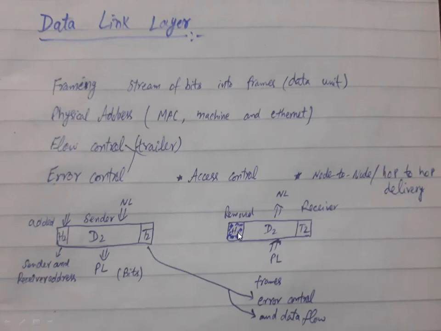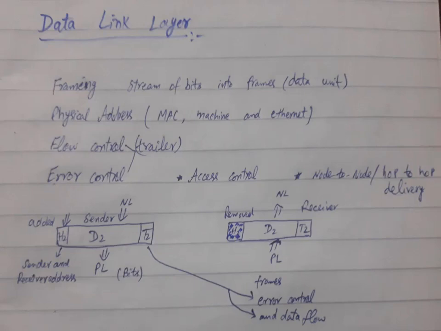And here you can see the header is removed. This shaded area indicates that the header is removed, and we have talked about how headers are removed at the receiver end. Here it is a receiver and this is a sender. At the sender end, the header is added, and at the receiver end, the header is removed. So in the data link layer, the first function